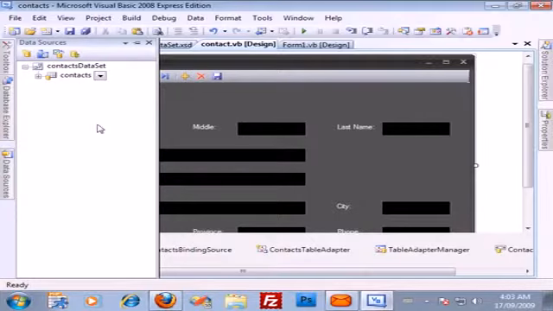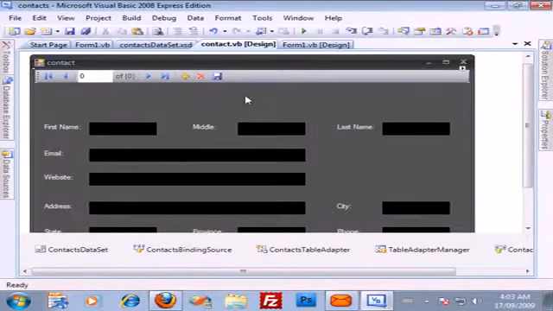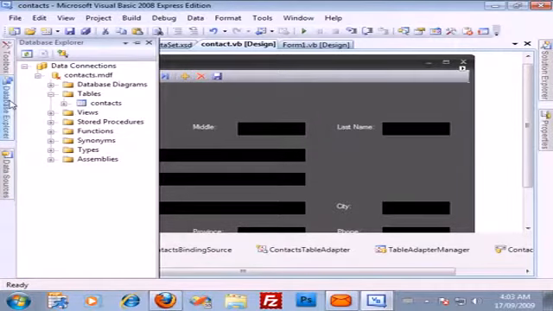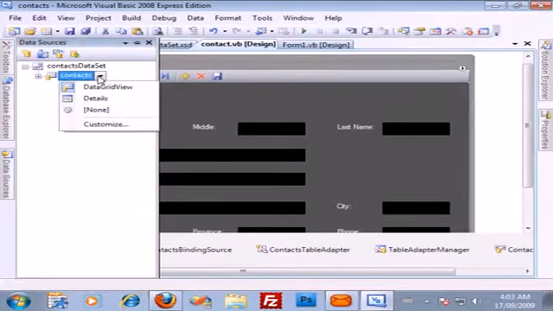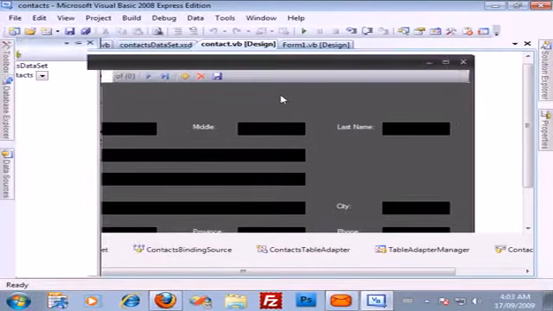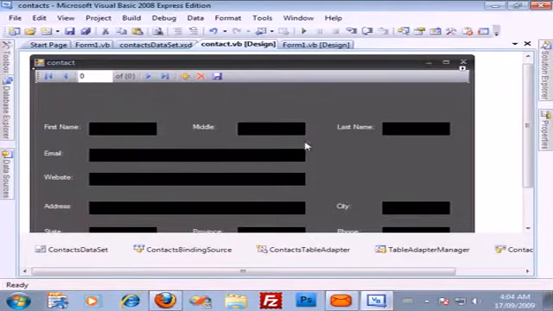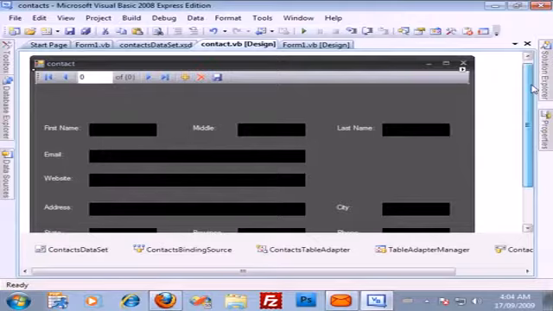and I added it to the data source. Then after I did that, in my database explorer data source, I chose details from the drop down list and dragged it out onto the form. And it populated this automatically. Of course I did a little bit of formatting to it, but anyways, with that said,